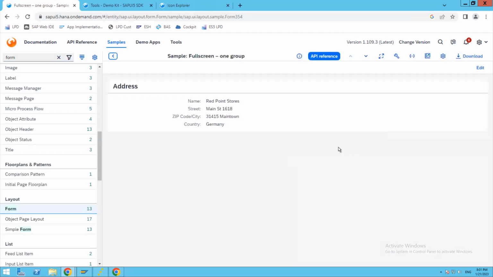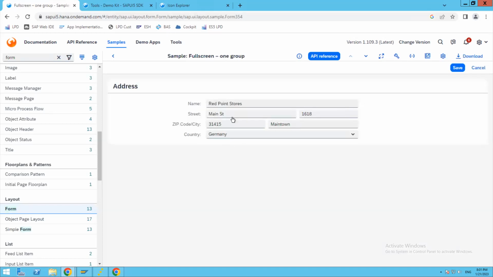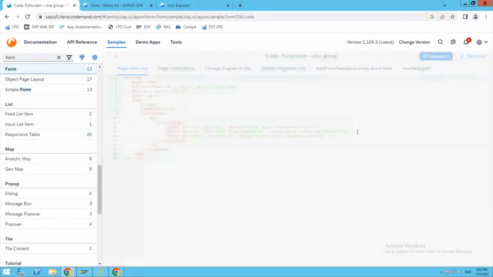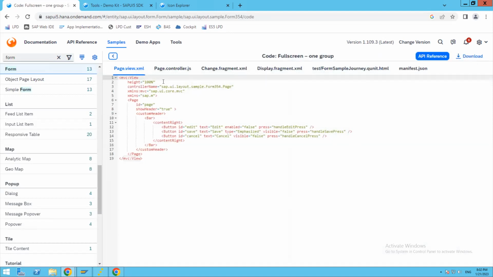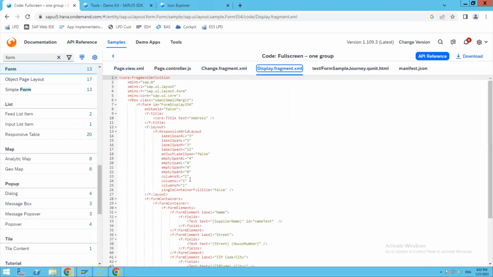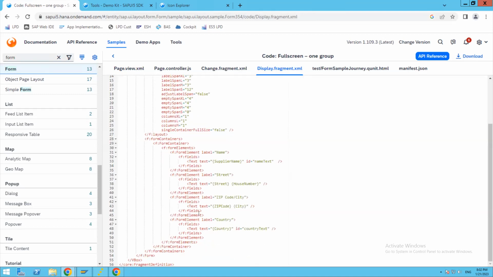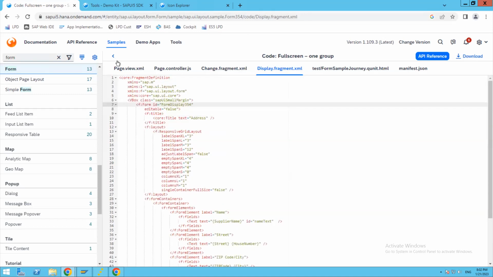So how will it look? It will look like this. And if you click on edit, it turns into an editable format like this. If you look at this code, it is designed in this manner. Here there is a change fragment and a display fragment, and this is the form it has. So this is the form, and you can straight away copy this form and paste it in the